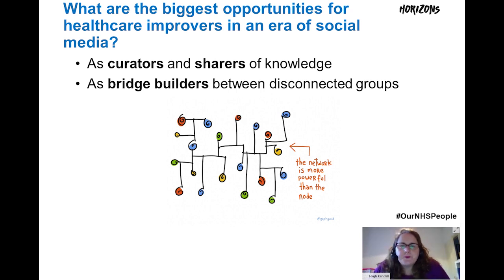Something that we see quite a lot on Twitter is people asking for help with something. People on Twitter tend to be very generous and will give people the help that they need, or direct people to somebody else if they don't know themselves. And it helps bridge those networks. Say, for example, someone in Exeter has a problem with something and someone in Newcastle has a similar problem that they find a solution to. In the real world, people in those places might not have the opportunity to learn, share and connect, but Twitter can connect those people. So that's building bridges between disconnected groups.